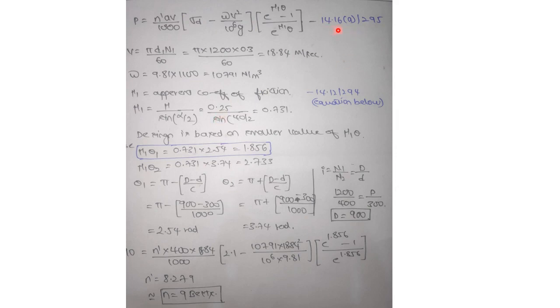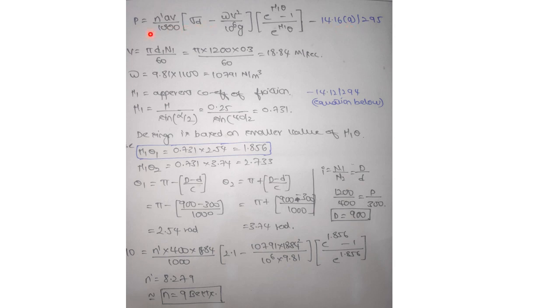Go for equation 14.16a, page number 295, where you will find this particular equation. Do not use the equation which you have used in the design and selection category of the problem, that is P into Ks divided by Kw into KL Ka. Do not use that. Use this particular equation. As it covers the design stress, the density of the material, even the angle and the coefficient of friction also, you have to use this particular equation for the calculation of the number of belts, which is given in page number 295, equation 14.16a.